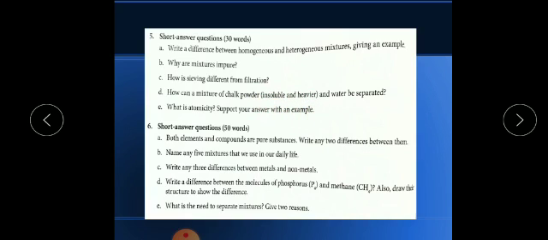Now, what is atomicity? The answer to this you will get on page number 25 and 27 as well. Okay, on page 25, first line, it is written: the number of atoms present in a molecule of an element is called atomicity. So children, you know, when I explained in the video, I explained atomicity of molecules, how to find it out, and atomicity of compounds also.